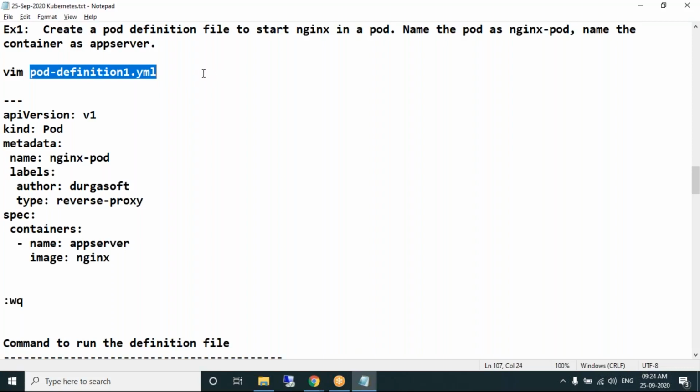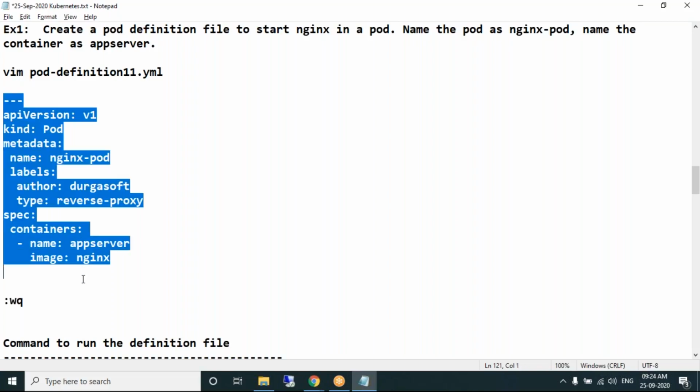I want to create a file with the name pod definition, not 111.yaml. Any name you can write. What kind of object are we creating in this definition file? I have mentioned it as pod. So you should understand that this definition file is creating a pod.